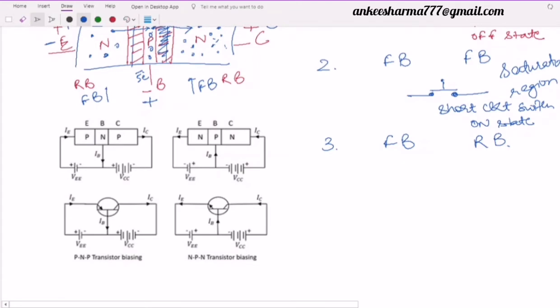So look here, let's take first NPN. So N is connected with the negative over here and P is connected with the positive. Similarly, the second one, the base collector junction, or simply the collector junction, is reverse biased. So this N must be connected to the positive and P to the negative. So what is going to happen here? Due to the forward biasing at the emitter base junction, can I say this depletion width will reduce or it will be overcome? Due to the overcoming of this, what is going to happen?